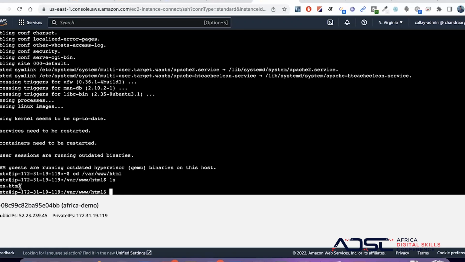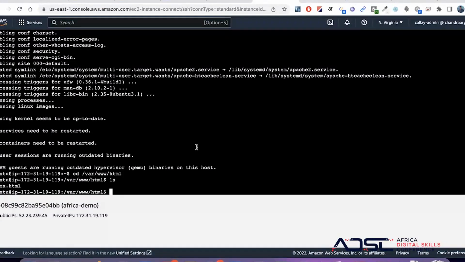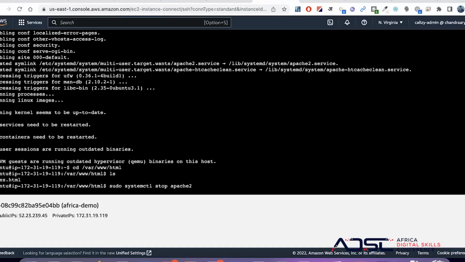So this is coming from this particular path. You see, index.html. If you know HTML, it is called hypertext markup language. You write information in some tags, and that information is available here. So if you want to write anything on this, you can actually do that. For example, we can stop this server. You see, we told the server to stop Apache. Apache is the web server and it stopped.